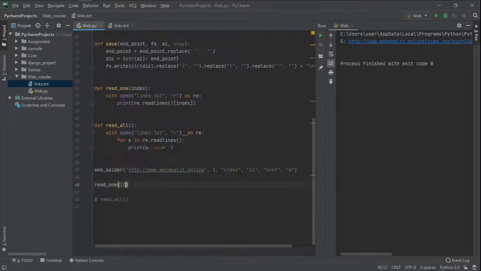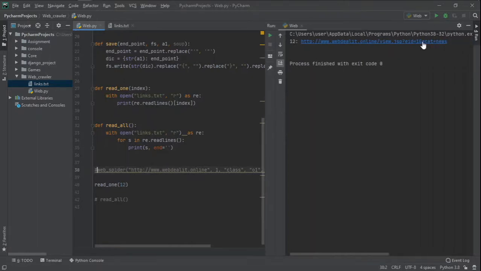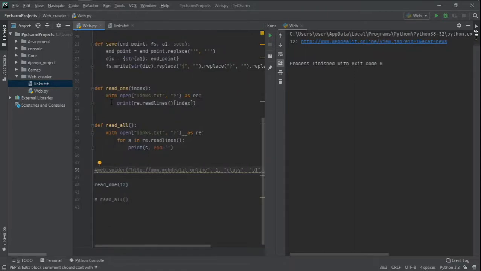Okay, yeah. So I'm just going to comment this out, because if I run it again, it's going to repeat the loop and make the request. So I'm going to run it now. As you can see now, I get something else. EID1. Let me shift this properly so you can see that. EID1. And if I open this up, 12, EID1 on that category of names. So that's how to create a simple web crawler page. Let me comment this and then uncomment this guy, so you can see how you can return all the content in